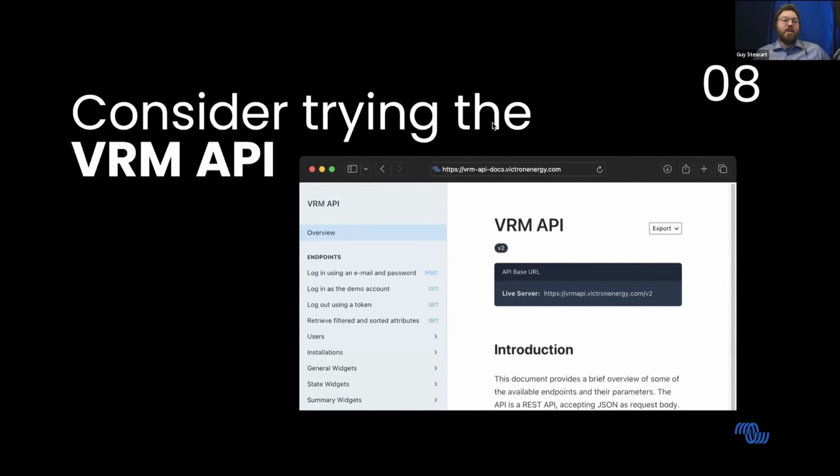Another example might be you want to build a specialized public aggregated dashboard for systems. That's something you might be able to do with an API that we don't offer. We have a sharing feature, but it's not as powerful and customizable as something you could make yourself as a dashboard, and this could be a way to do it.